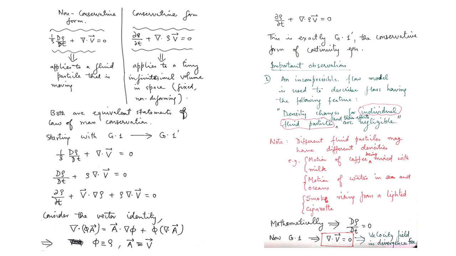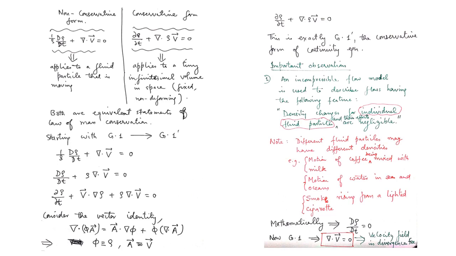Okay, now more important things are certain observations on these equations that I have. The first and very important observation is we first talk of an incompressible flow model. This is a very widely exploited flow model which you can apply to a large class of flows. Okay, many of our practical flows are such that we can apply this model to them. What is this incompressible flow model? Let us try to just quickly understand this.